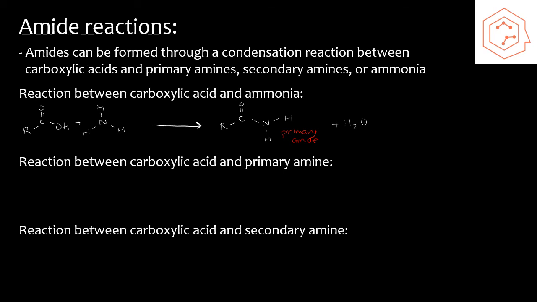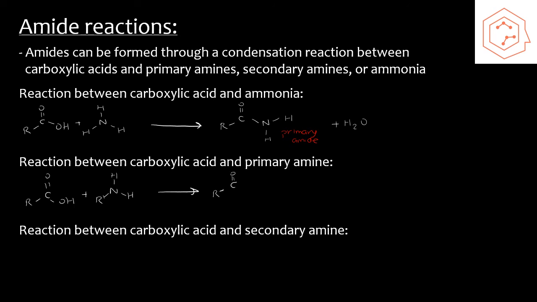Now, the reactions for the next two are pretty similar to the first one. If we were to react our carboxylic acid with a primary amine, where one of those hydrogens has been replaced with an alkyl group, then we would end up with a secondary amide,